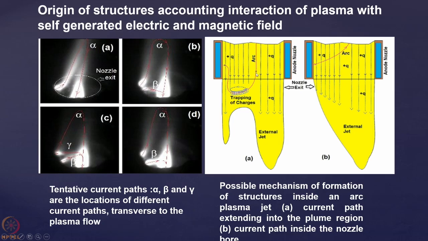So the current is coming from the cathode. Now I have shown it in an inverted way. So the plasma is discharging down. Here the plasma was discharging up. Now this is the anode nozzle, and this is the coolant region, and this is the plasma where it is coming. Now the arc has gone out into the space and then come back.